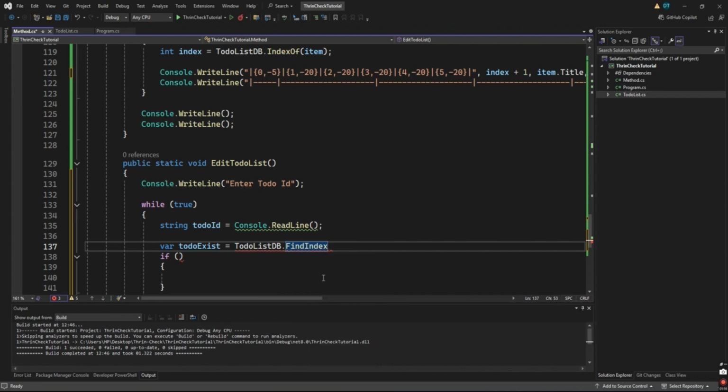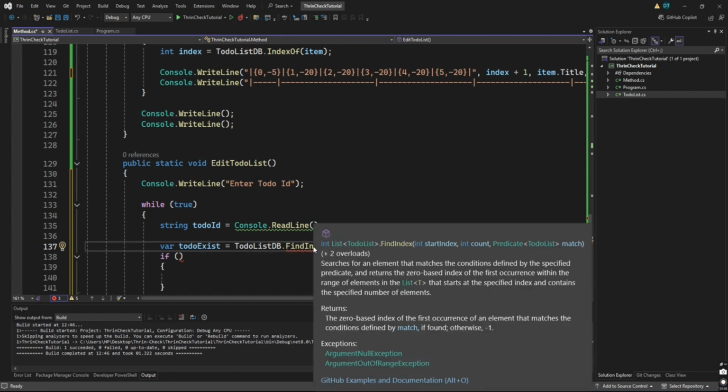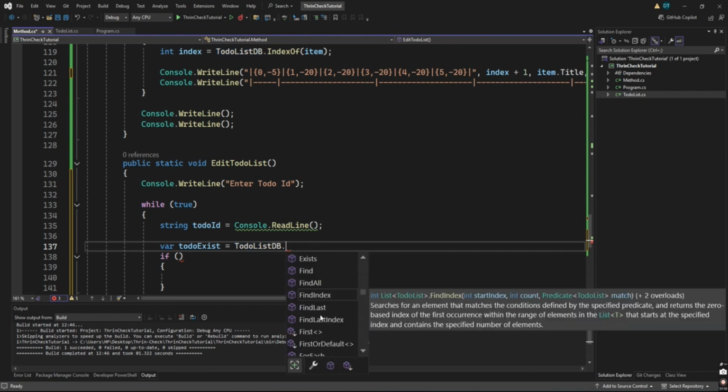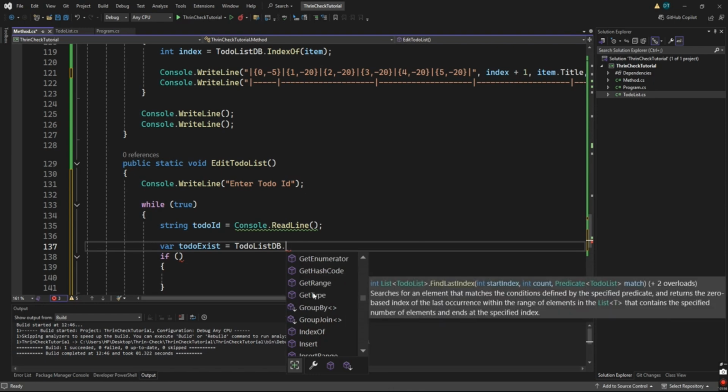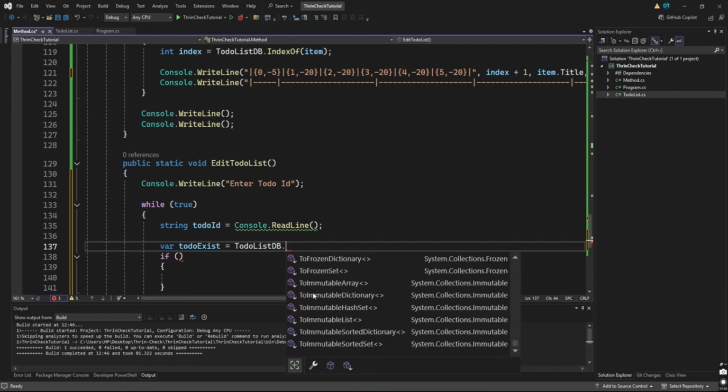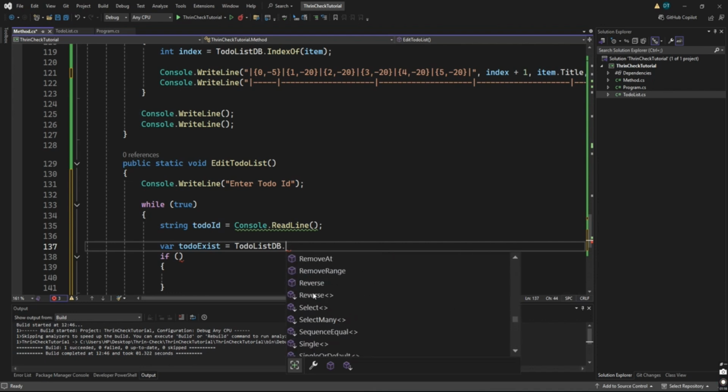Is it returning what for me? Yeah, it's actually returning int. No. I'm actually trying to see if I can see any method I can use to